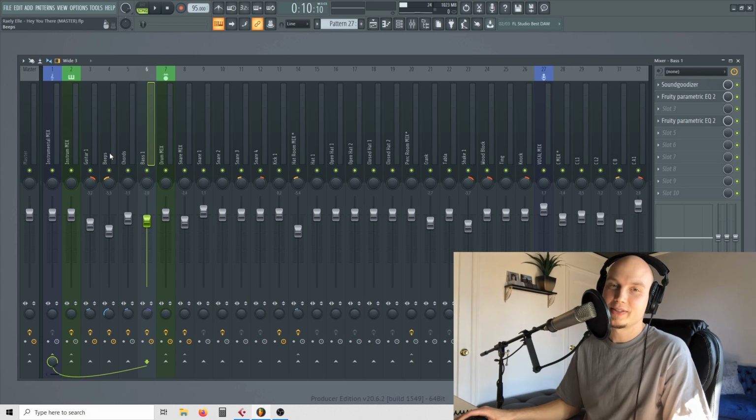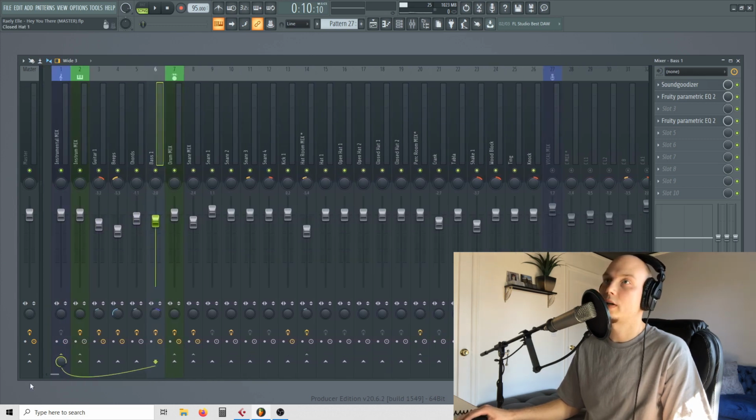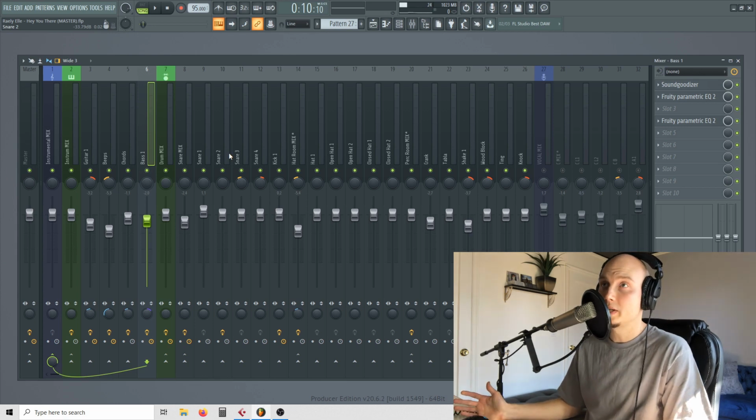So I promised you guys another tip, and here it is. If you hold down the Alt button on your keyboard and you left-click this mute solo button, it's going to solo out everything that's routed to that mixer insert that you clicked on. So see how the vocal mix and all the vocals are all muted out now? So this is great for when you're mixing the instrumental